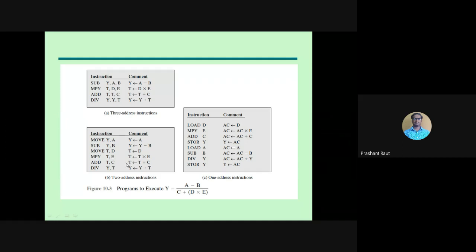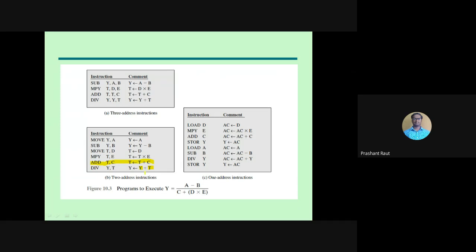Up to this step you have computed both the numerator and the denominator, such that y contains the numerator and t contains the denominator. What is t? T is the addition of c with the multiplication of d and e.